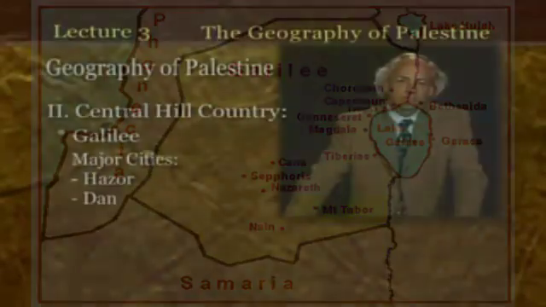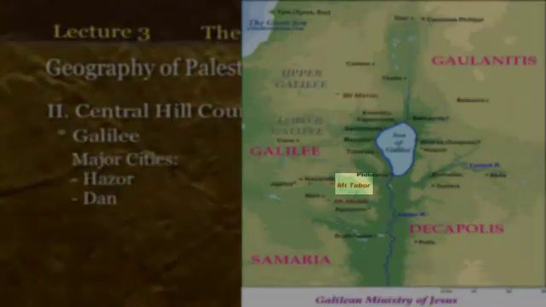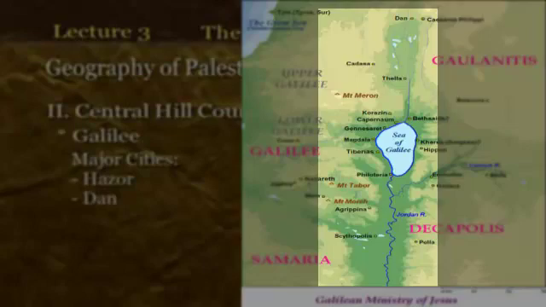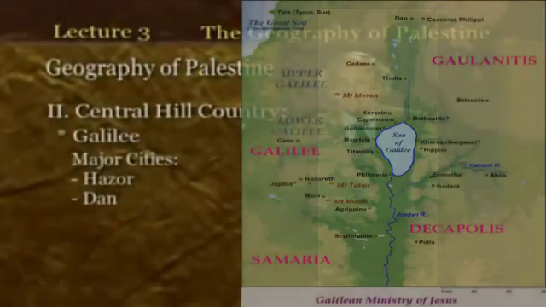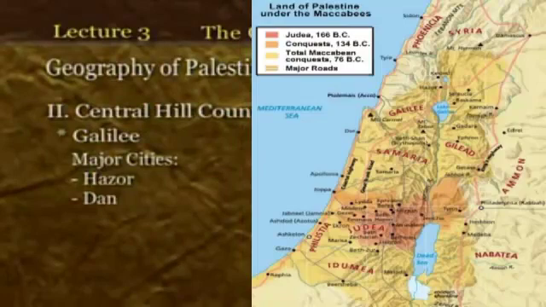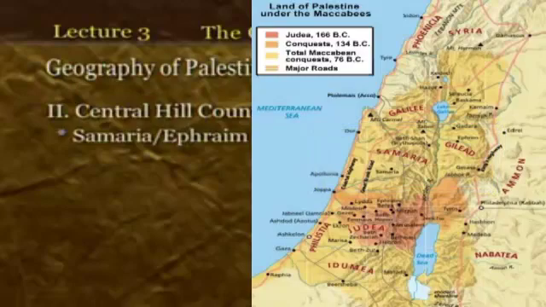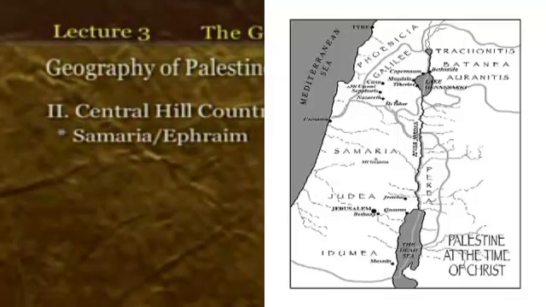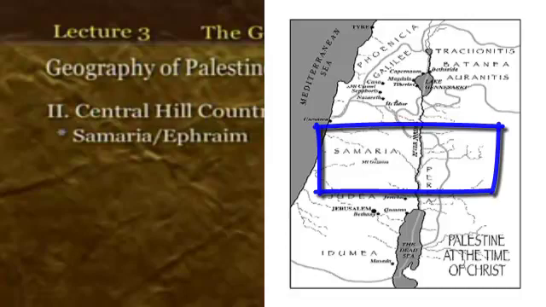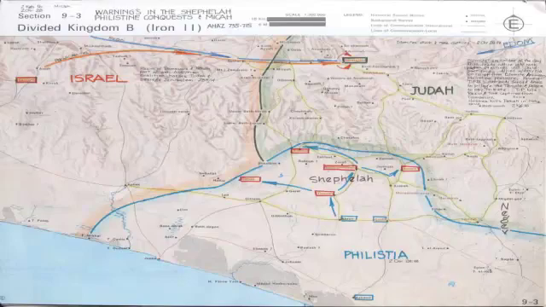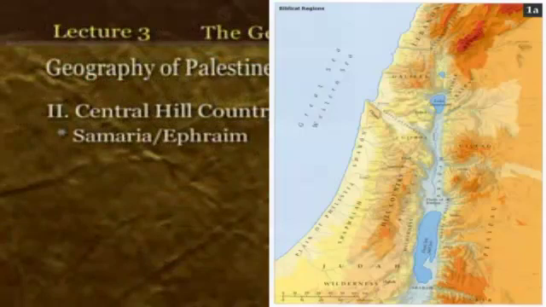Mount Tabor is a magnificent site up there, and so the central highlands, or the central mountains up there in Galilee, is a very rich, significant site. Then you move a little bit further south, and you run into Samaria and Ephraim, and these were the administrative centers of the northern kingdom of Israel. And here in a few sessions, you'll learn about the divided kingdom, and you'll learn about the northern kingdom of Israel and the southern kingdom of Judah, and you'll learn a little bit more where that dividing line went to.